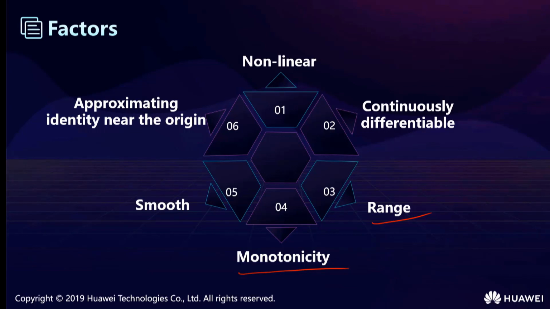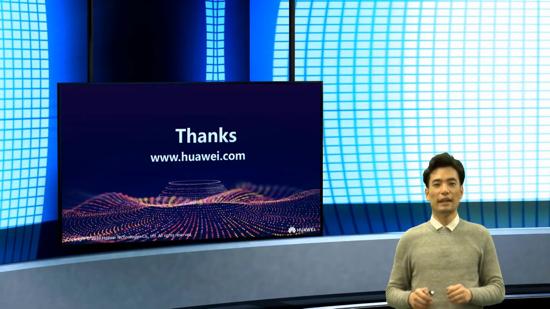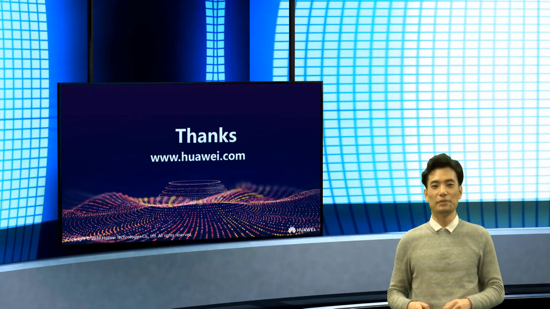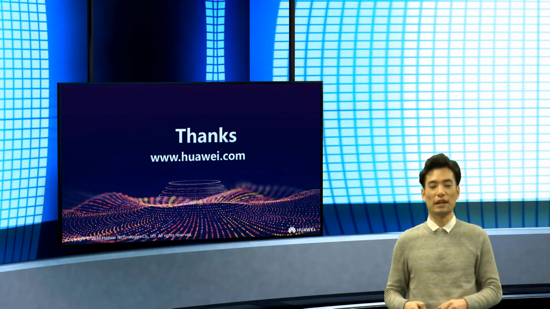The activation functions are used in neural networks. Now we have learned what neural networks are, the traditional model perceptron and how to train it, and the types of activation functions. In the next video, we will introduce the types of neural networks and some important components of neural networks.